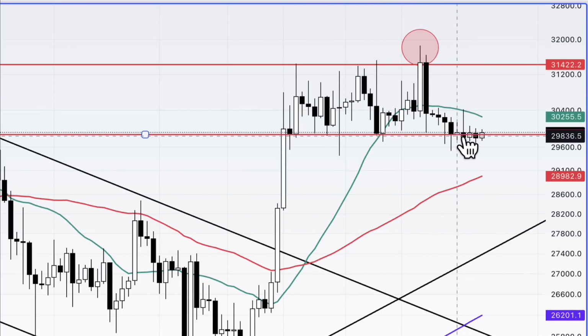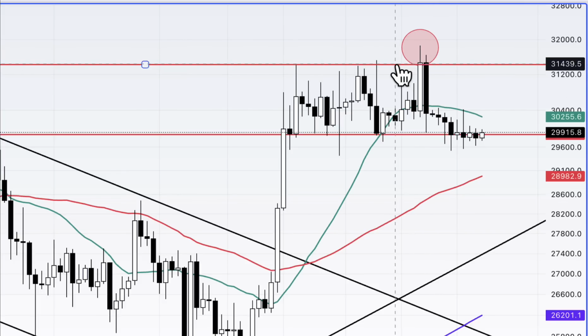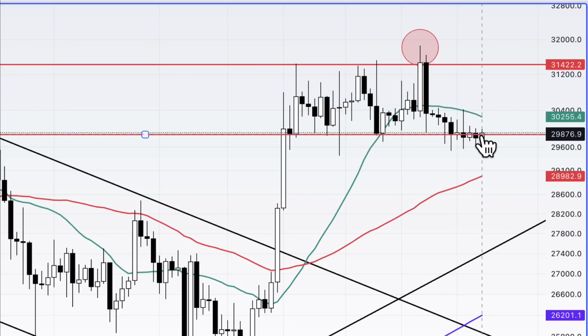Now holding beneath that red support line on a few consecutive days. We also saw this failure at the top here, breaking out and holding above this red resistance line at 31.5, 31,500. We actually closed above there. That would have drawn a lot of long traders into Bitcoin, only to be trapped the very next day by a huge move down and then a gradual dribbling downwards towards the support and closing beneath the support level at around about $30,000 several days in a row, just forming slightly lower highs every day, holding beneath this